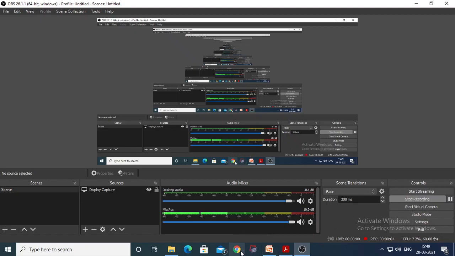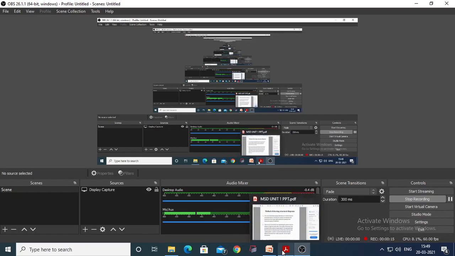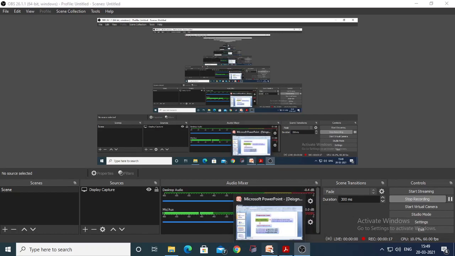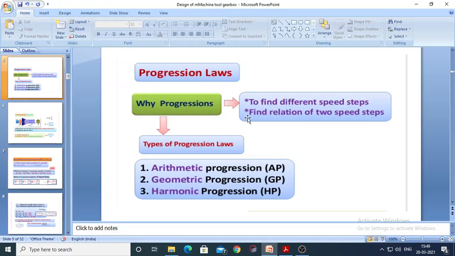In the last lecture we have seen three different laws. First is the arithmetic progression law, second is the geometric progression law, and third is the harmonic progression law. Why these laws are required we have seen: to find out the different spindle speed steps, and to find the relation of two speed steps. We have seen the